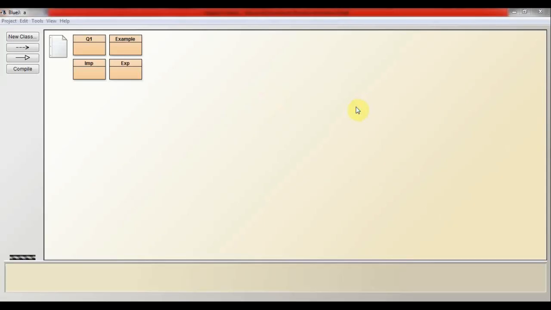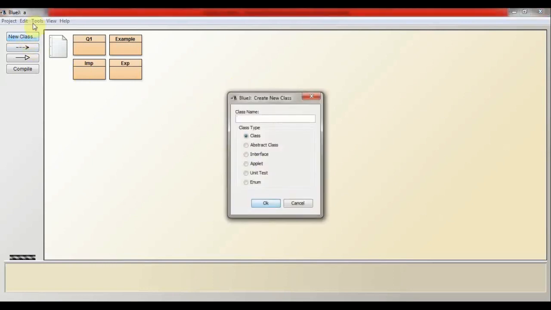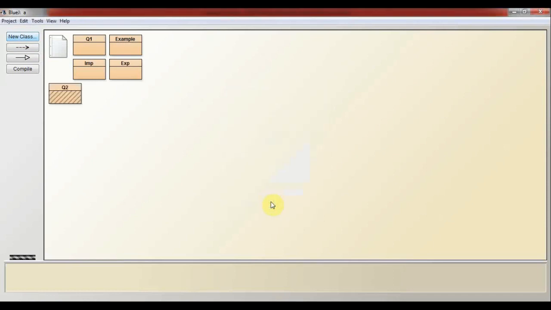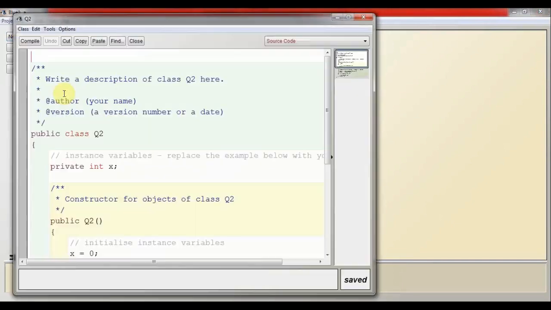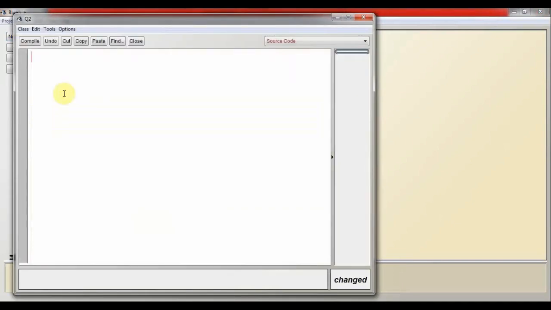I am solving question number 2. So I am creating a class Q2. Click here and write Q2. Now double click on that class, select all content, and erase it.